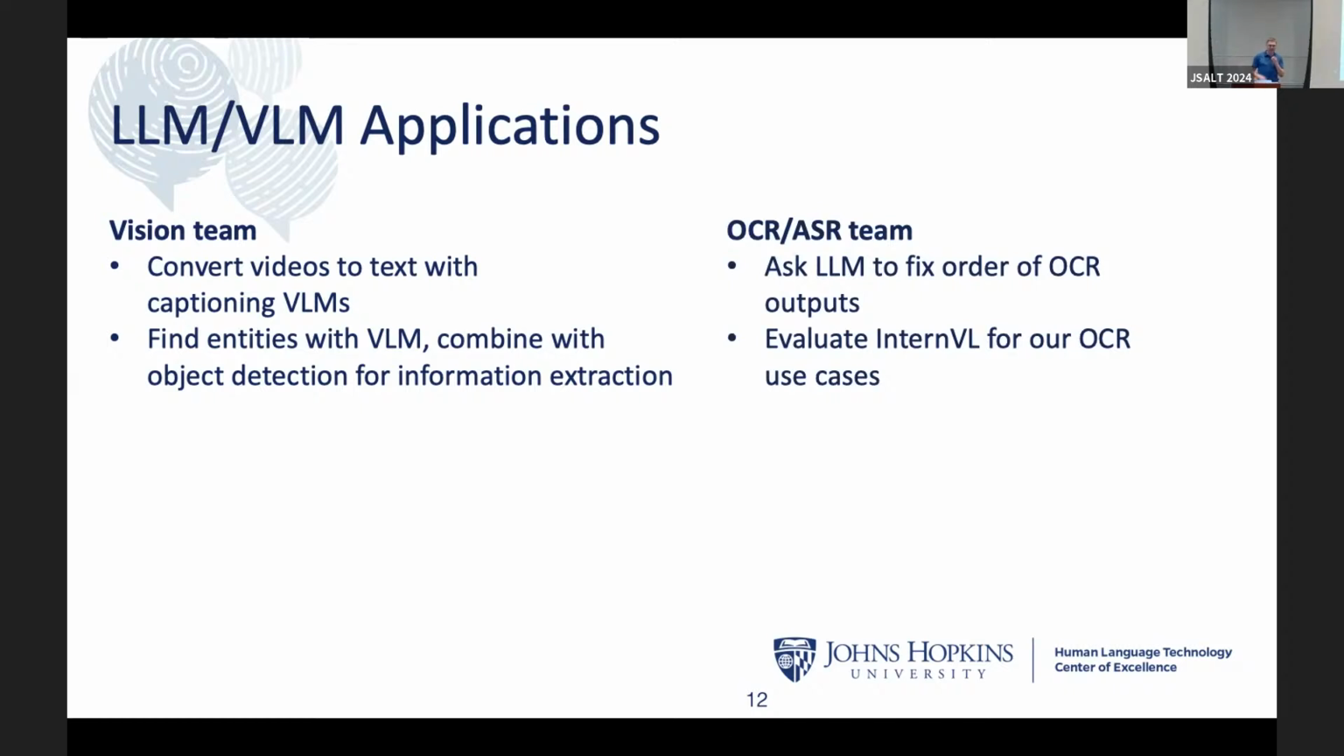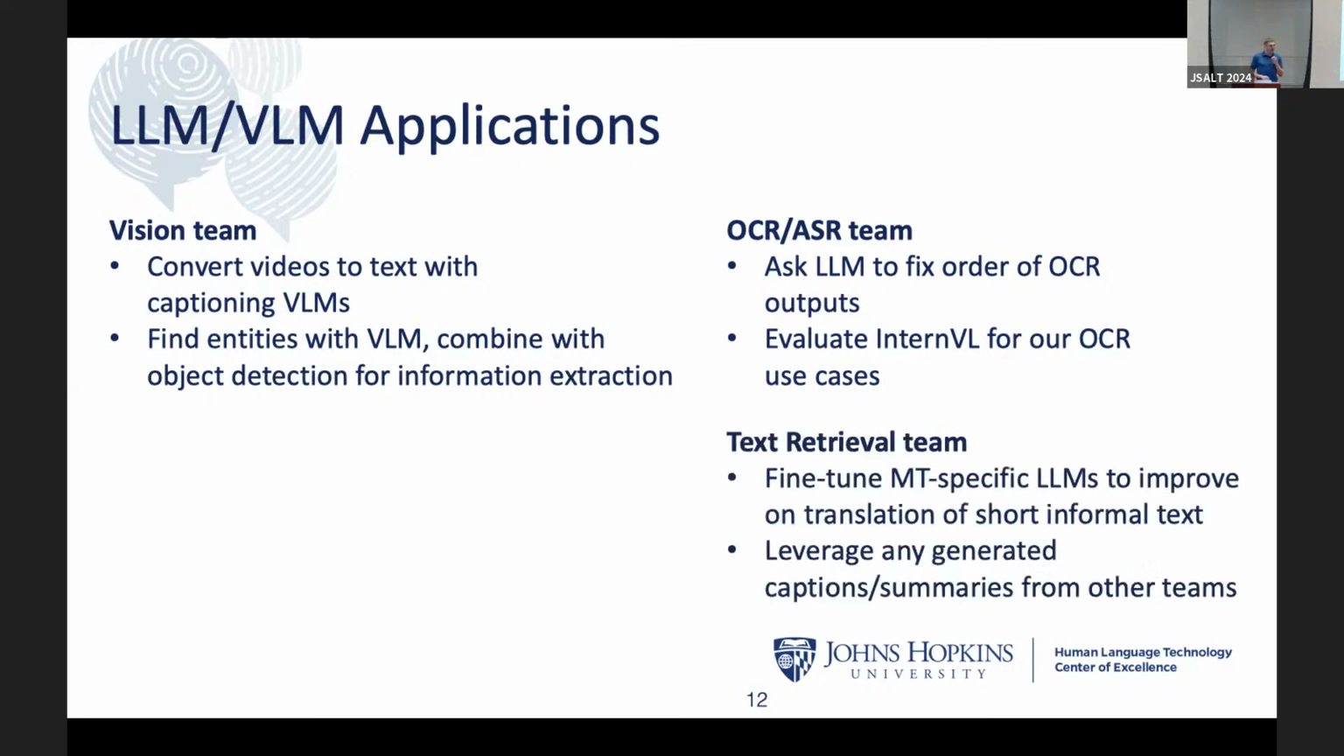For OCR and ASR, the biggest thing that we've thought about that's raising a lot of issues with downstream tasks is that the order of the OCR is all over the place. We have no idea what text comes before what. So a thought is, can we just ask an LLM to fix the order? And then we also want to evaluate InternVL